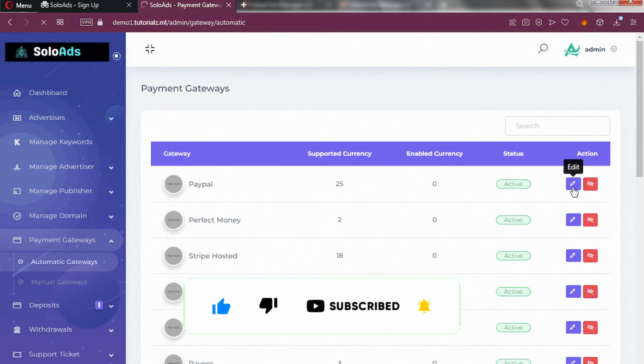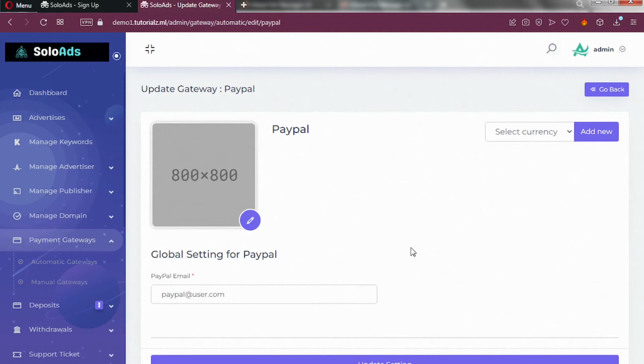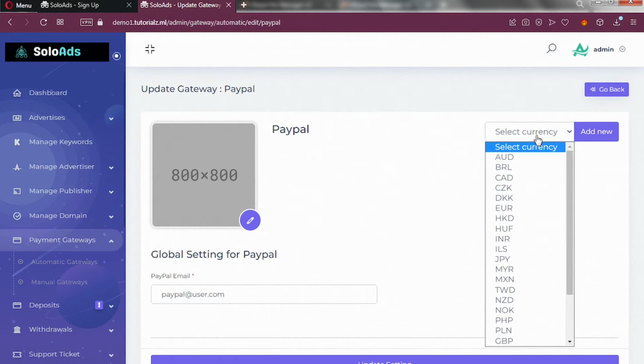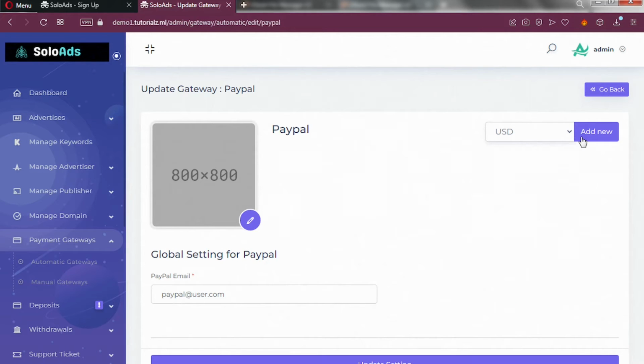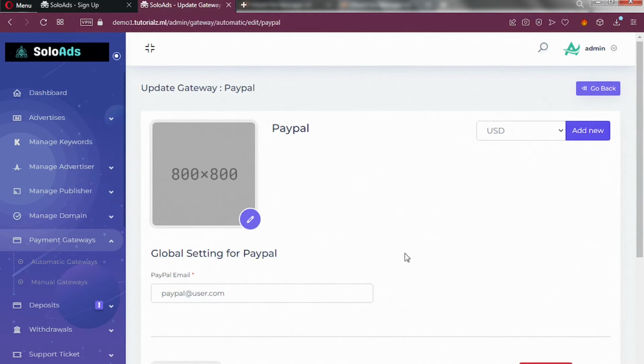So I simply click on edit, and I'll be able to enter my PayPal email here, and then click on update. Don't forget to upload your PayPal logo here, and then click on update changes. After that, remember to pick a currency for this PayPal. So if your website is mainly running based on USD, enter USD. That's United States dollar, and then make sure you click on add. After that, scroll down,